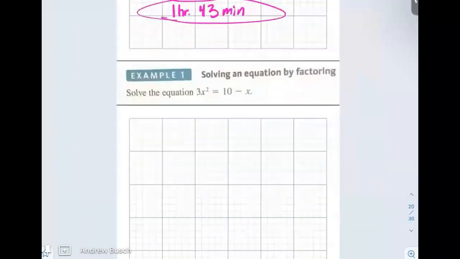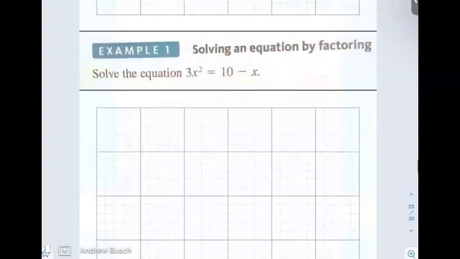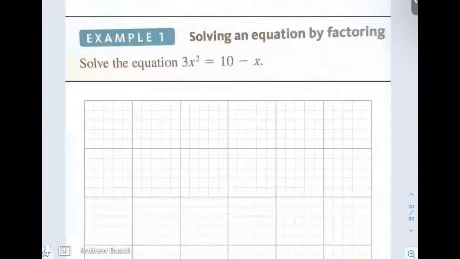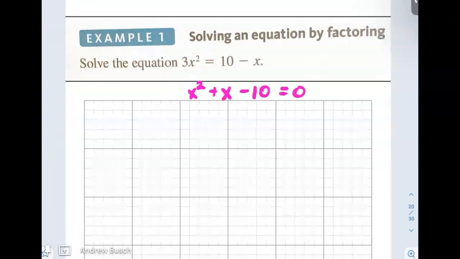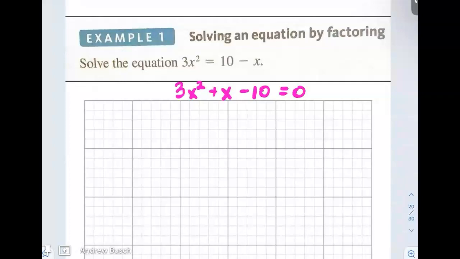We are going to solve an equation by factoring. Here we've got this quadratic, and the first thing we need to do is set it equal to 0. So we're going to add x and subtract 10 to the other side so that we can set it equal to 0. And we want it to equal 0 because when we factor it, we're going to use that zero